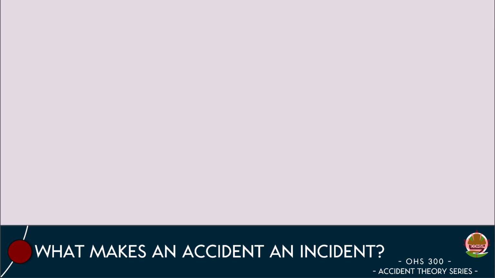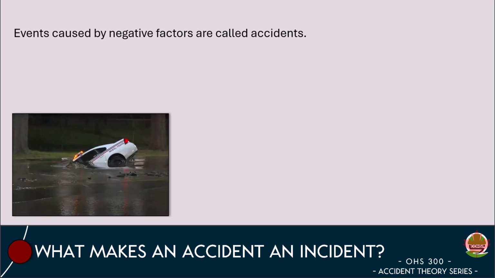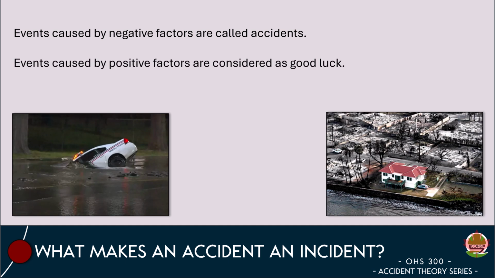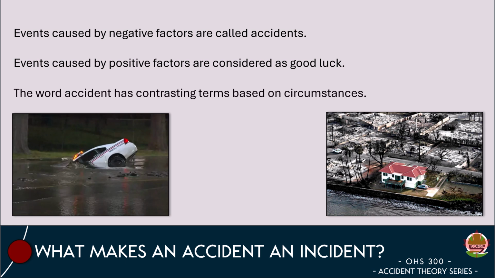Based on this definition, a wide variety of events could be classified as accidents because they occur unexpectedly and without prior foresight. In everyday usage, a series of events resulting in property damage or injury is often referred to as an accident. Conversely, a similar series of events leading to a positive outcome is typically described as good luck. This contrast in labeling highlights the ambiguity of the term.